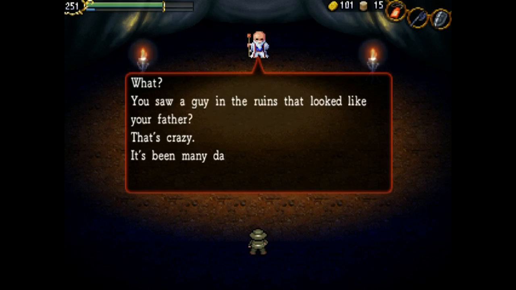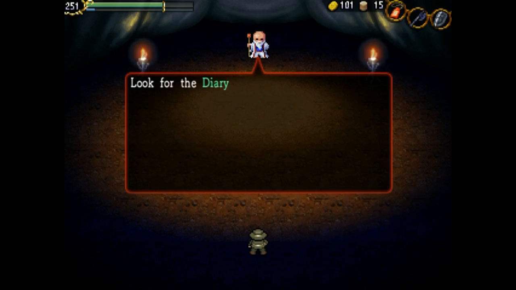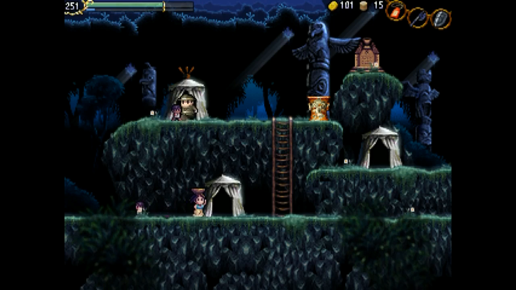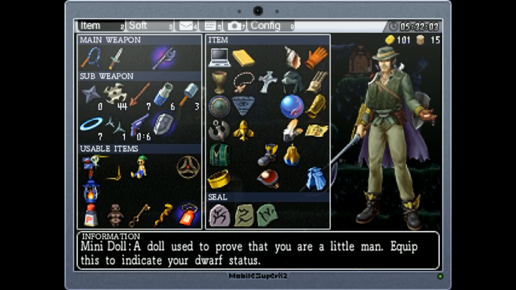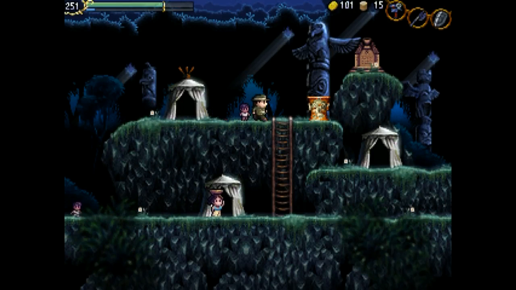Yeah, that would probably be something useful. I'm trying to think when we might have actually seen this ourselves. I don't know if as the player you've seen this, but maybe your character actually did. Yes, we'll look for the diary, don't worry. We don't actually need the talisman much currently, so that's not a big concern. So for now,